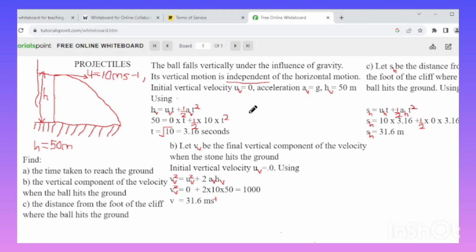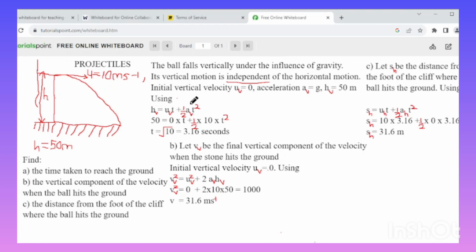So we can write that h equals ut plus half at squared. In terms of the vertical motion now, we can write h subscript v equals u subscript v t plus half a subscript v